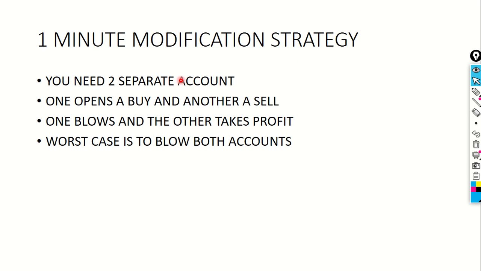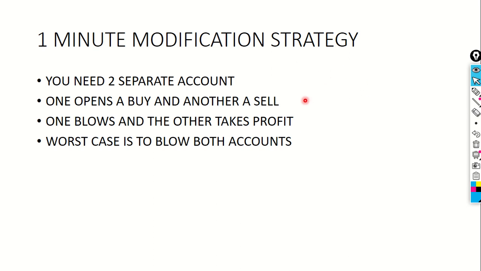That is the concept. So if you trade with one, they will say you're a cheater. But if you have two separate accounts, he's not going to know. He's going to see that John has made 50 grand this week, even if it's the same guy doing the same thing which they are trying to prevent. Okay, so two separate accounts, one opens a buy and the other opens a sell. So on one phone or laptop you enter a buy, on the other you enter a sell.